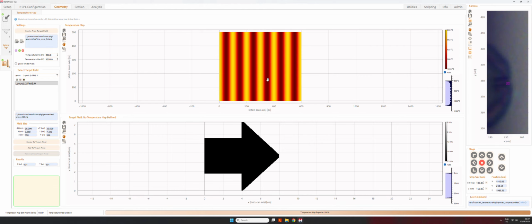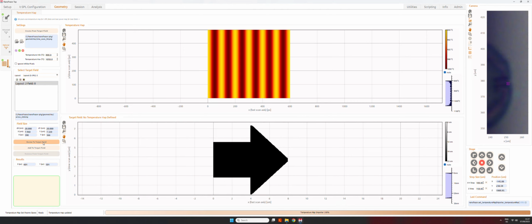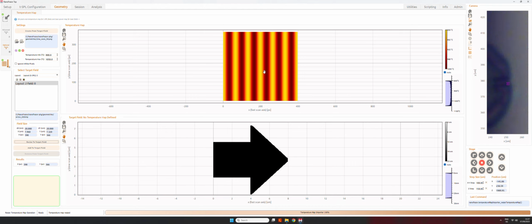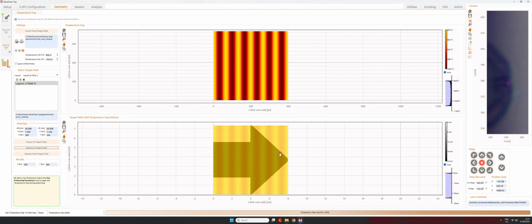So what we have to do is, in case we have different images, different layouts, different sizes, we have to resize the temperature map to the target field. Here we can change the temperature. We can also ignore the white pixels in case we have white pixels. And then when we're happy with our temperature map, we import it. So we add it to the target field.